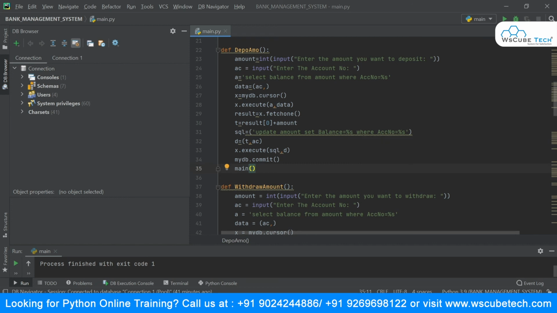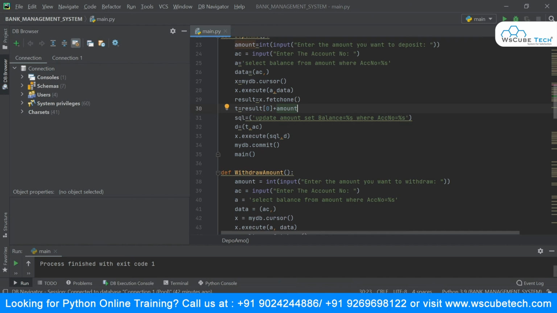And then what basically I'm doing over here is I have created this another tuple because I now want to execute my SQL, that is this command, as well as associate the data with it. So this T is nothing but, I have written here, this is my result, and this is my account number over here. All right. And once I'm done with this, I'm just making sure that my changes have been saved in my database.